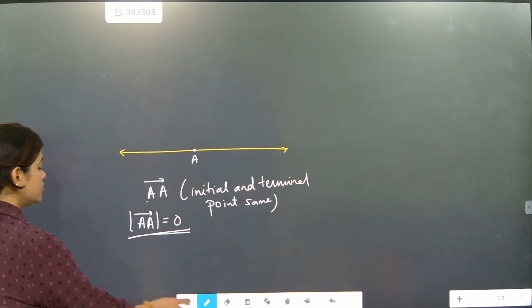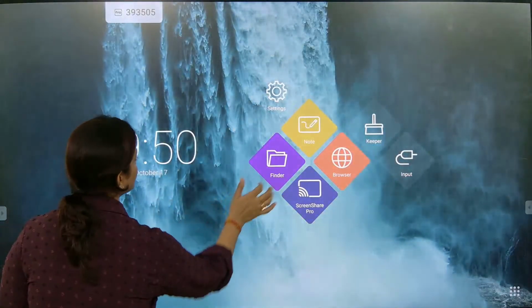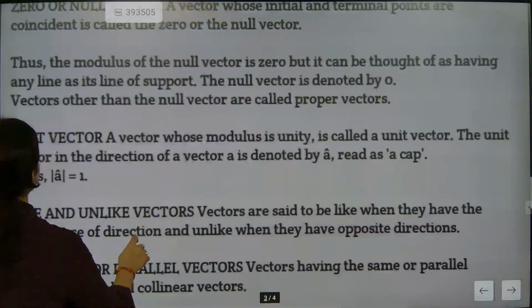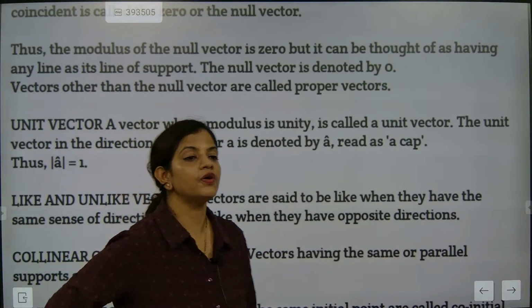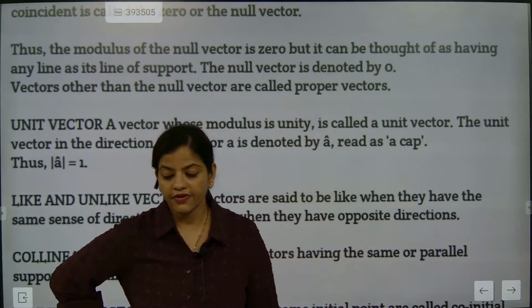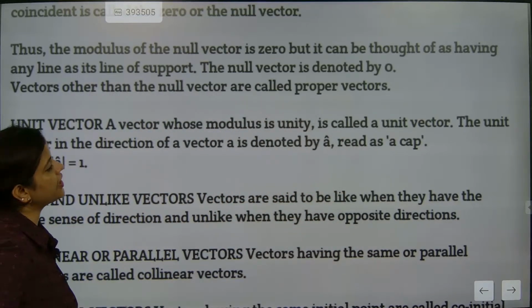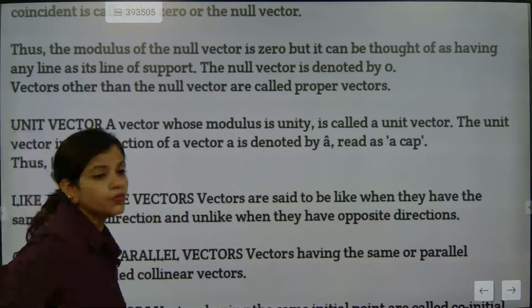Now we will go for the next part. We are going to talk about unit vector. So when somebody talks about a unit vector, please see that its modulus